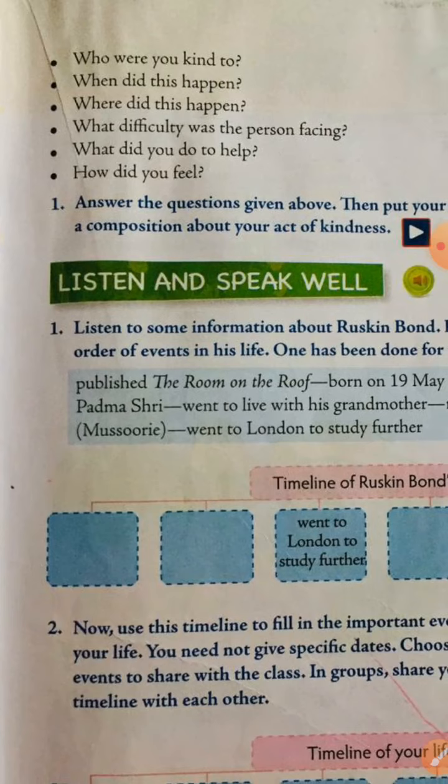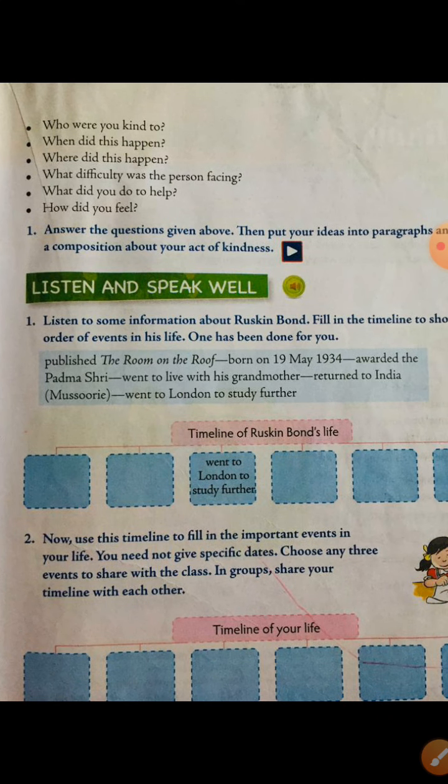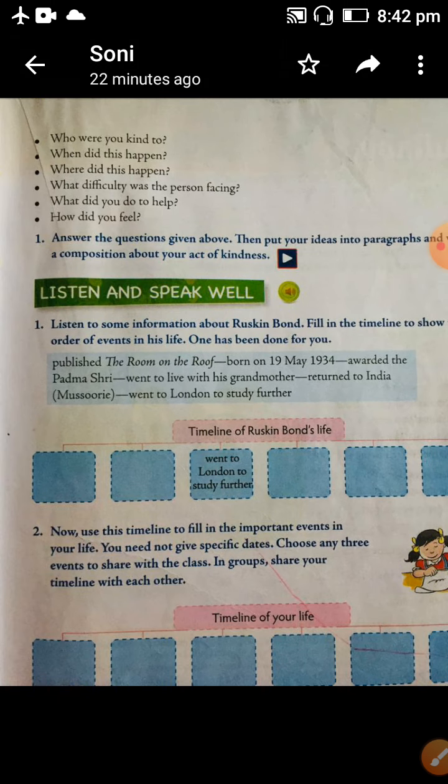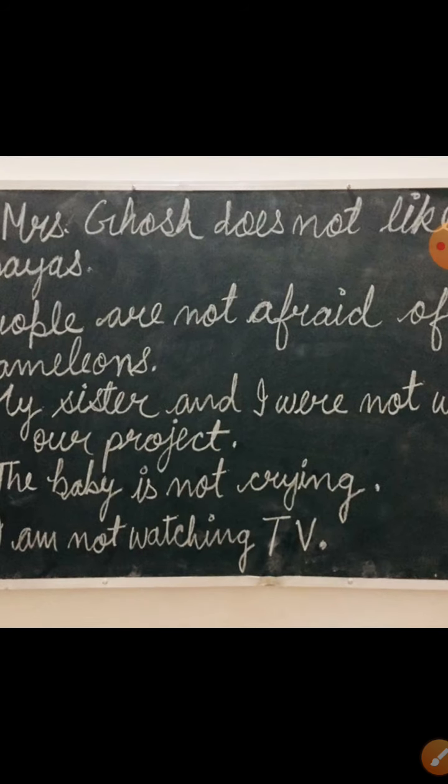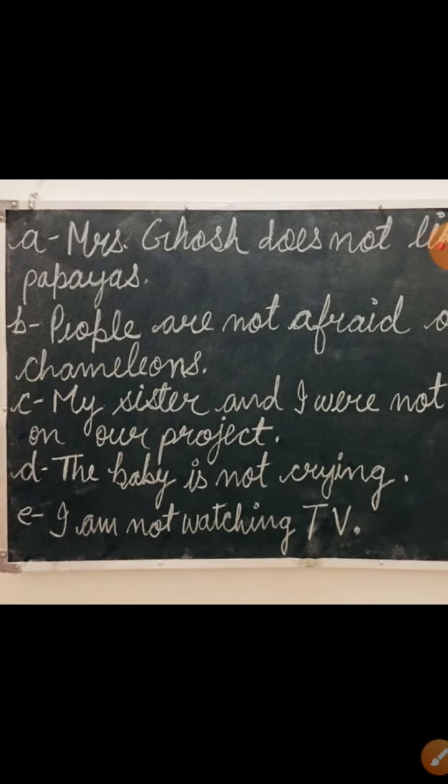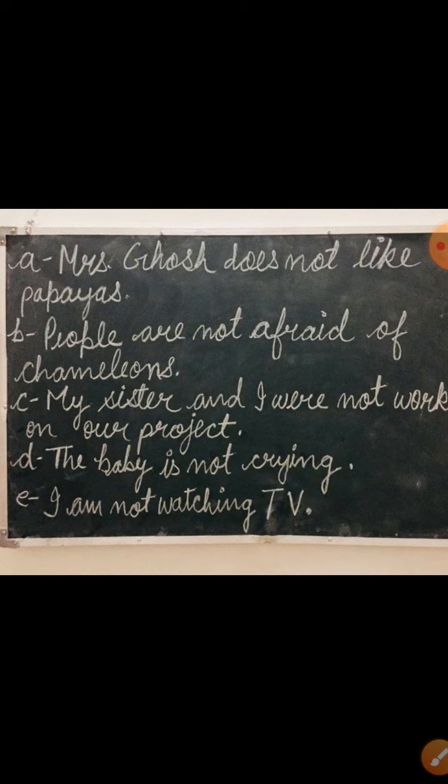So students, I am not rushing the syllabus. Till here I am just winding up, and in the next video we will be meeting with a poem. Here are the answers of exercise number 3, on page number 48, where you were supposed to write negative sentences. I hope it is clear to everyone. In the next video we will meet the poem, which is your next topic of lesson number 3. Until then, everyone, take care. Complete your work.